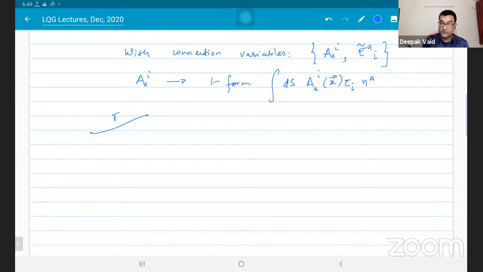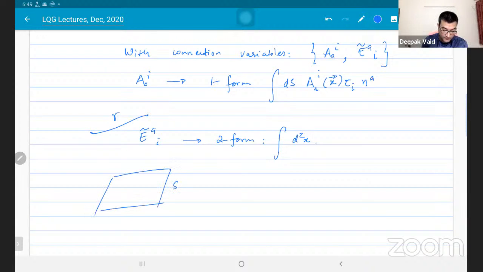for your gauge connection, and this triad is a two form. Because you remember that we have this epsilon ABC, right, which we are multiplying to write it as one index. If you remove that epsilon ABC, we are just left with something with two indices, right? So it's actually a two form in disguise, right? So it makes sense to define an integral over surfaces. So you have some surface,